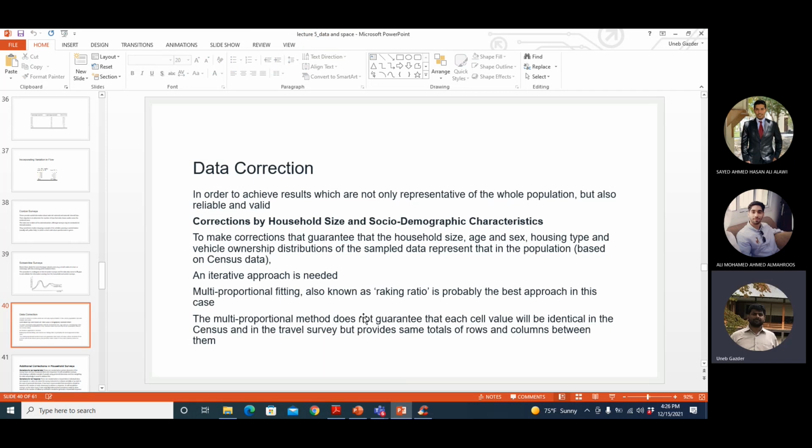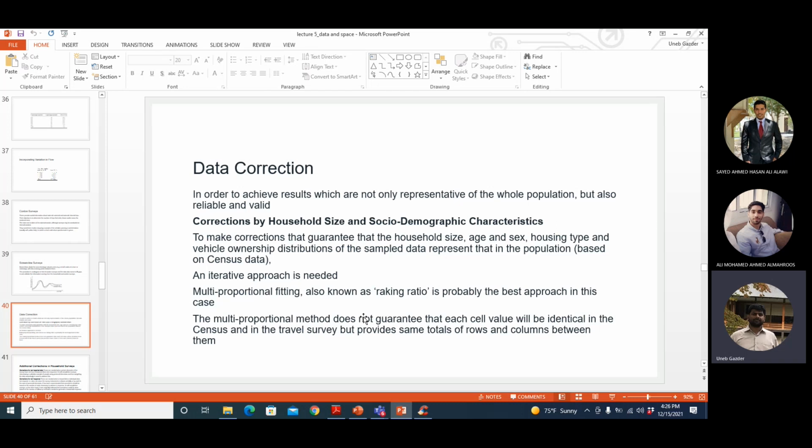Okay, in certain cases, you may be required to apply some data corrections. Mainly what we have been saying again and again on this topic, it could be that the sample is not representative of the whole population. So in that case, you may have to apply some data correction so that if you say average income, average number of trips, these results are representative of the entire population, and they are accurate and reliable and valid results.